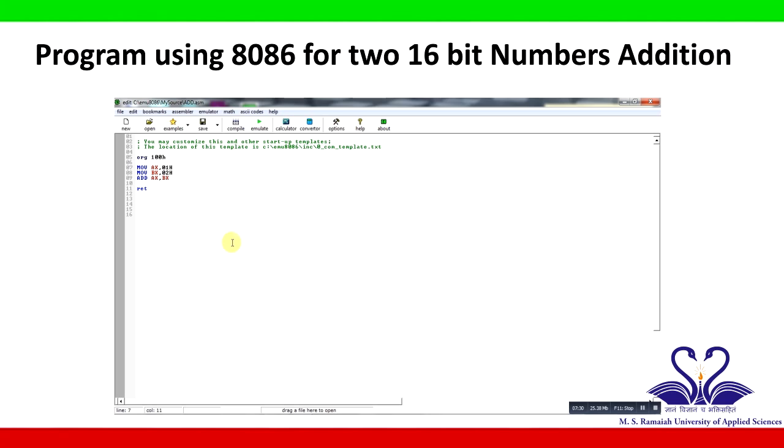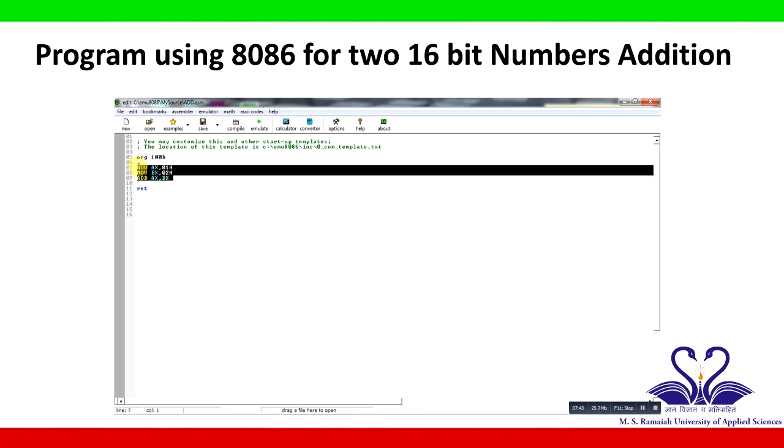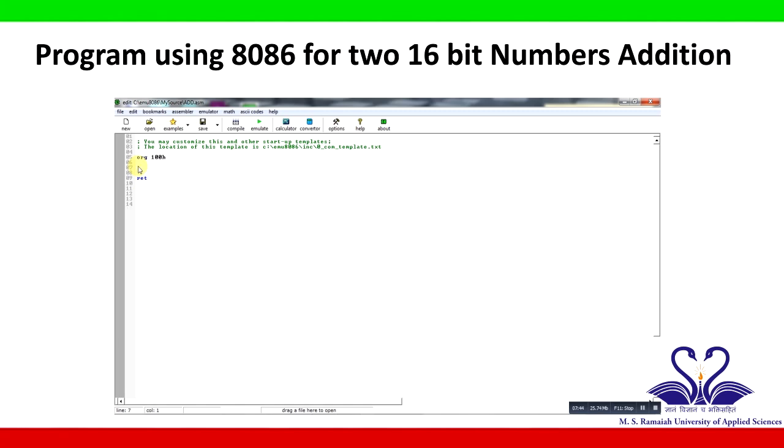Now, we will learn how to access the data stored in a memory location and use that data in the program. Now, let us write a program to add two 16-bit numbers stored in memory locations 4000H and 4002H. MOV AX, [4000H]. MOV BX, [4002H].